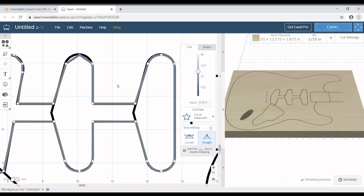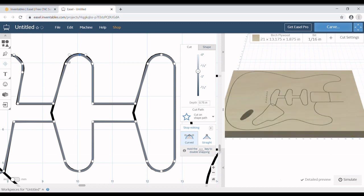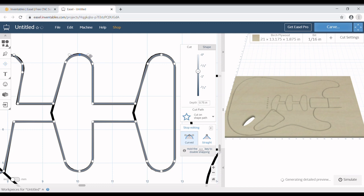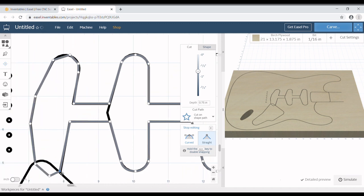So, curved, take the little white ones that are attached to that blue one and basically try to match the curve of the black line. So when it's curved, when you click on the endpoint, you see those two little white lines jut out. When it's a straight and you click on it, those two little lines that jut out are not there. Again, like I said in my first video, I added one too many splines here, so I'm going to go ahead and delete that, move this guy up where it should be, and